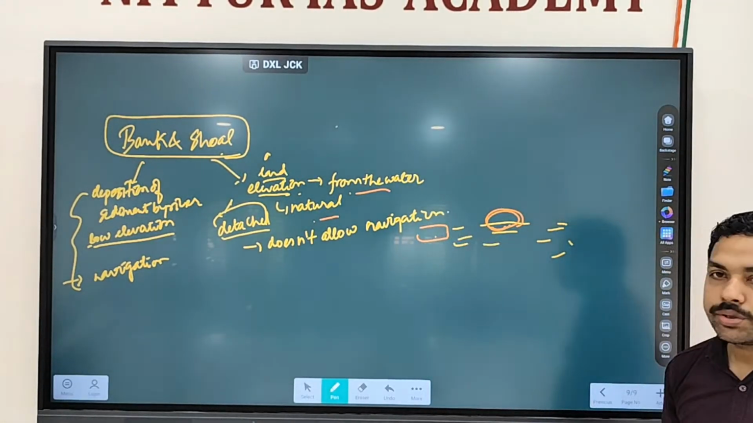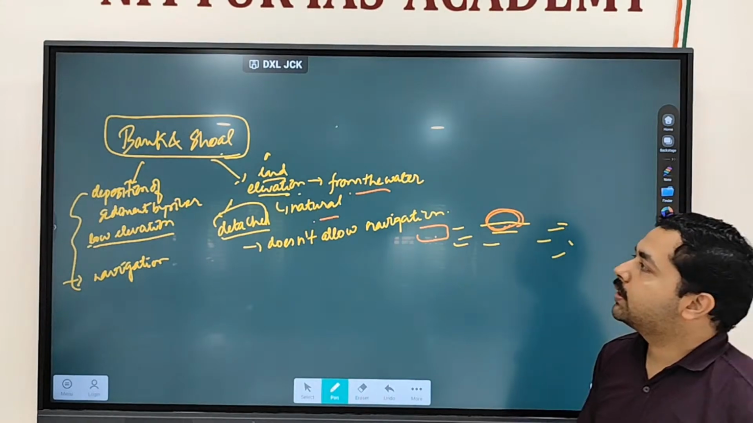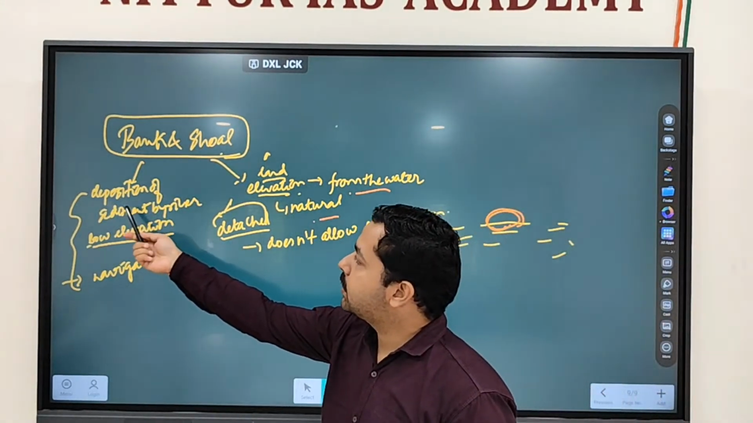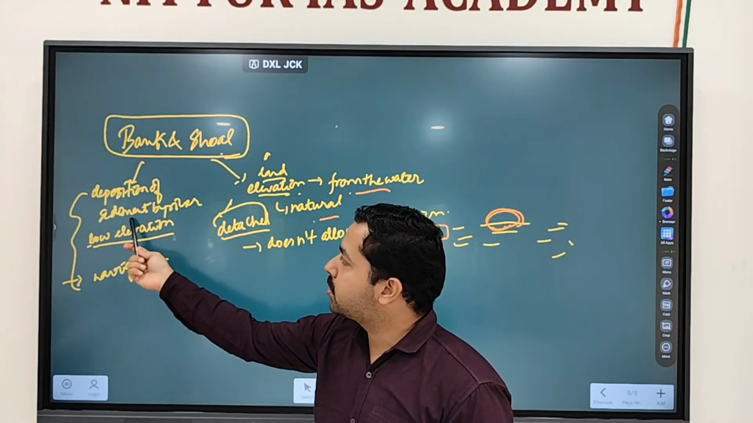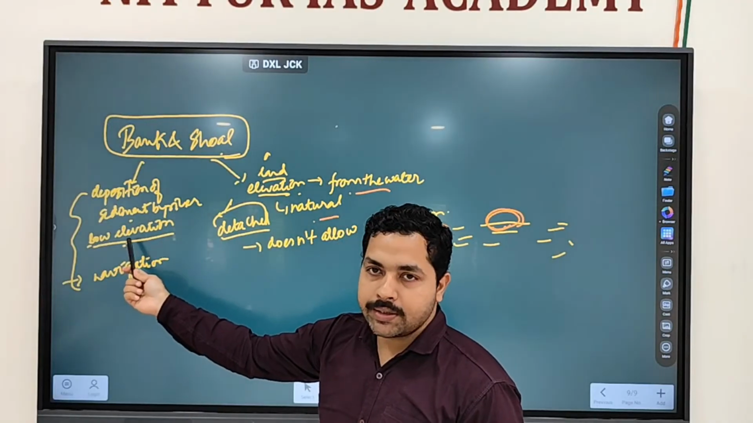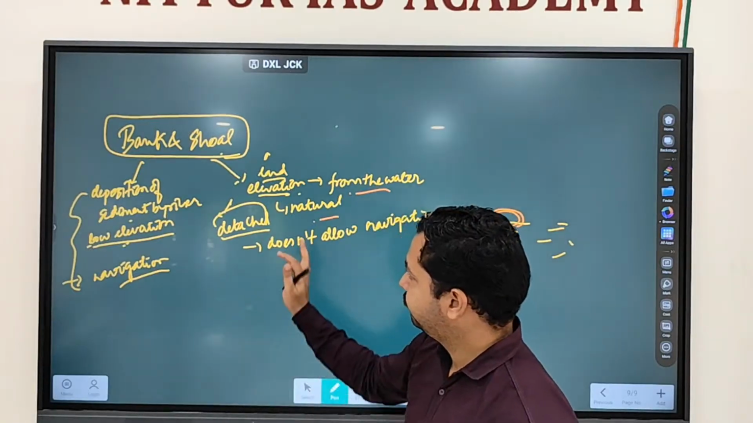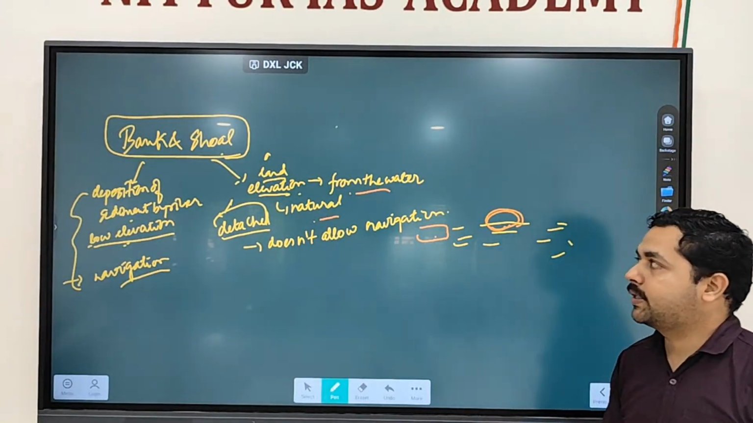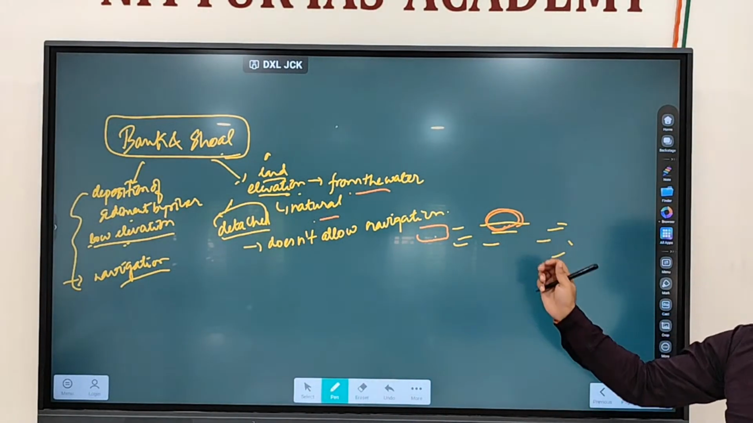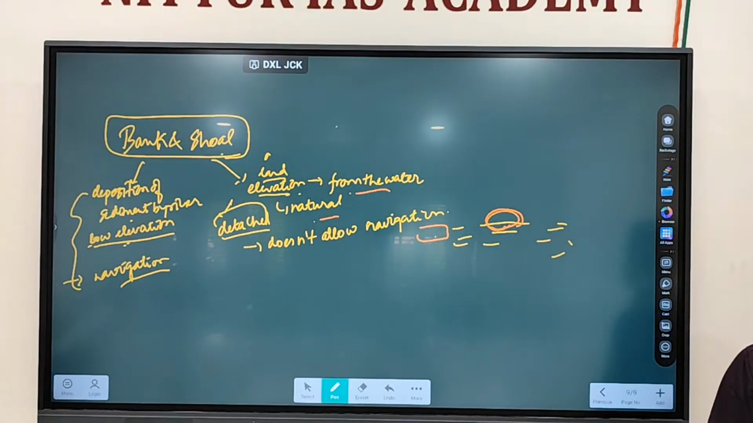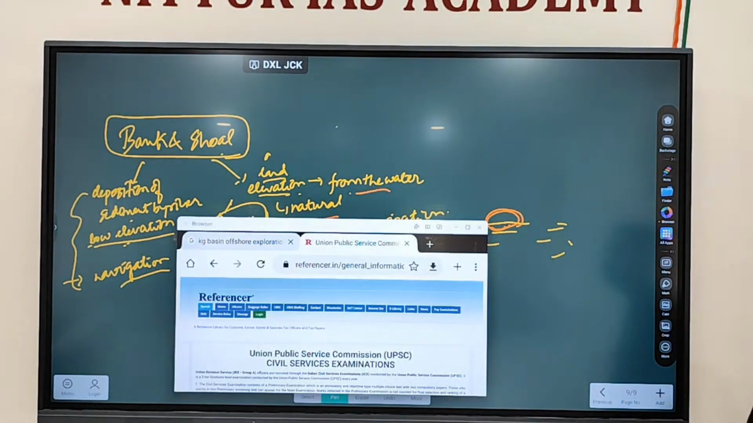So bank and shoal. Bank is basically deposition. It is created due to deposition of sediments by the river, and this is generally low elevation. As a result, navigation is possible. While a shoal doesn't allow navigation because it is a detached piece of land coming out from the water, and that's why it doesn't allow navigation. For example, if you see the figure,